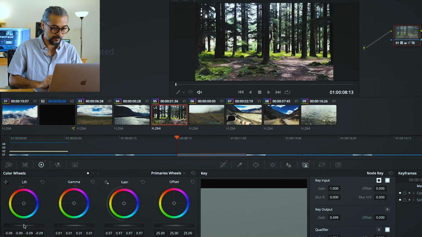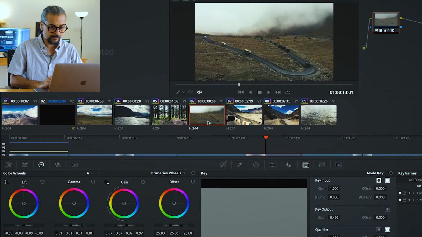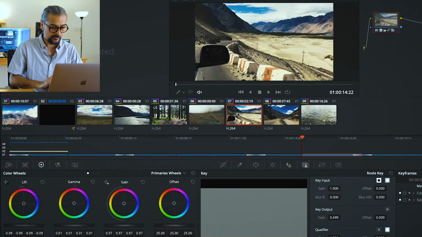With this clip here, I'll bring up the shadows. I'll actually also reduce the highlights so that the contrast isn't that much, and up the midtones. I kind of like the way this clip looks, so I'm going to leave it as is.